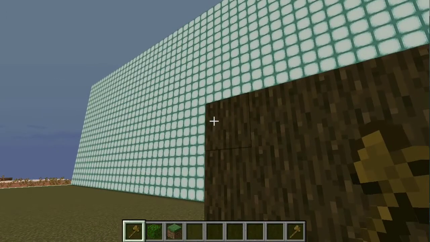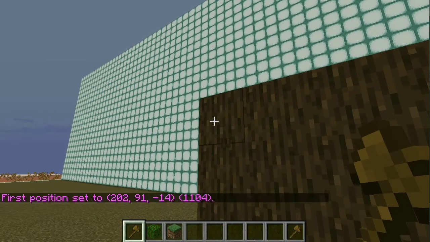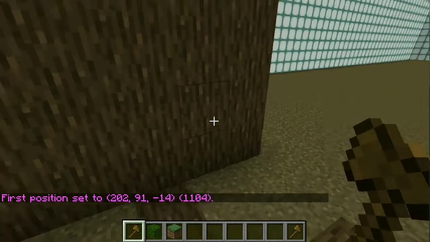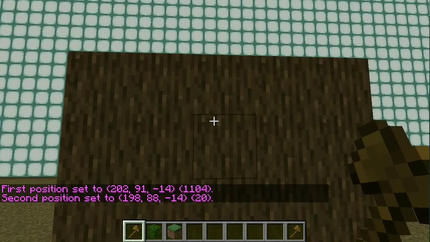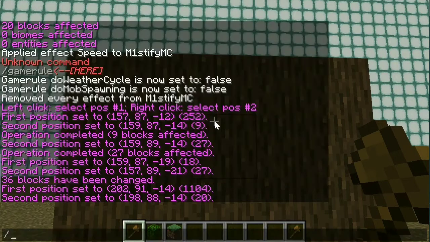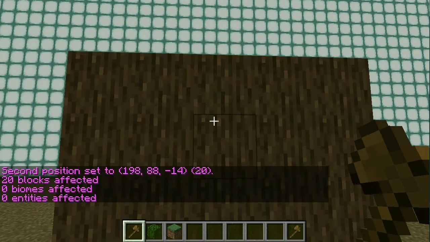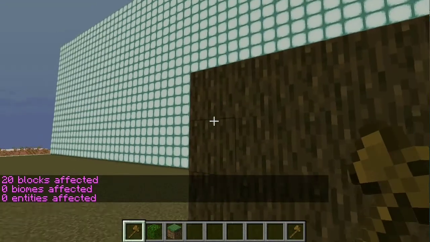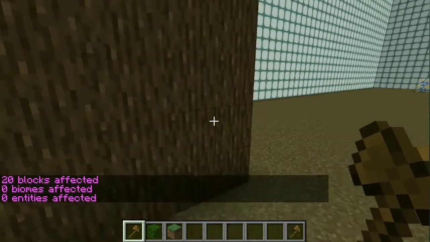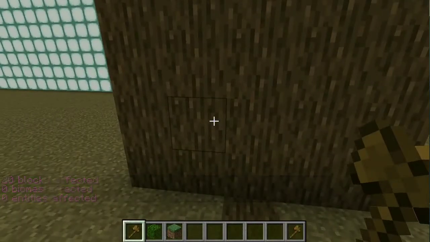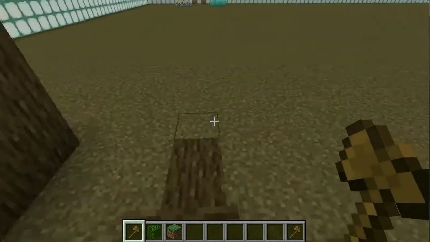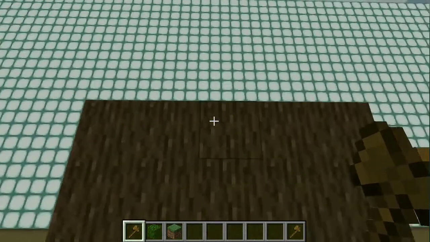First, of course, you have to select the first position by left clicking and the second position by right clicking, and then you have to set the command as /copy. As you can see, it shows that 20 blocks were selected. Yeah, 5 into 4 is 20, so these 20 blocks have been selected, and then I need to paste it over there. Right now it is facing